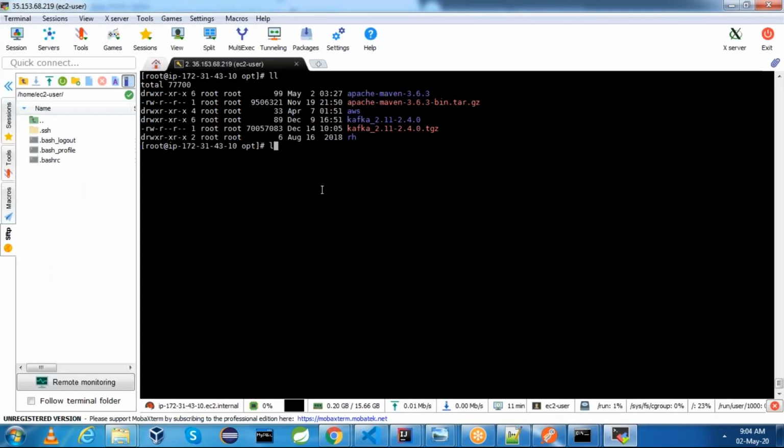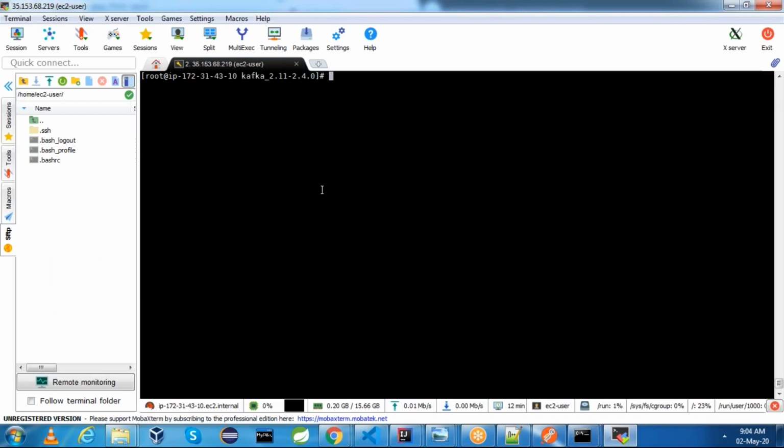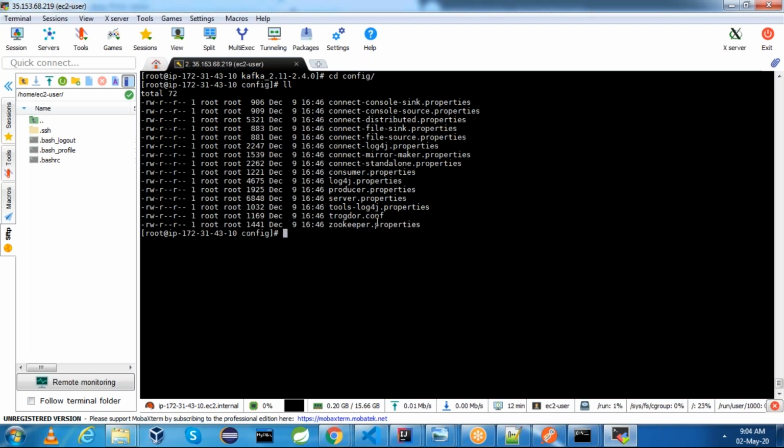For that, go to the Kafka folder, and this is the folder structure. If you see, we have something called config. In the config folder, we have zookeeper.properties and we have server.properties. I'm not going to change anything because I'm trying to run a single node cluster.